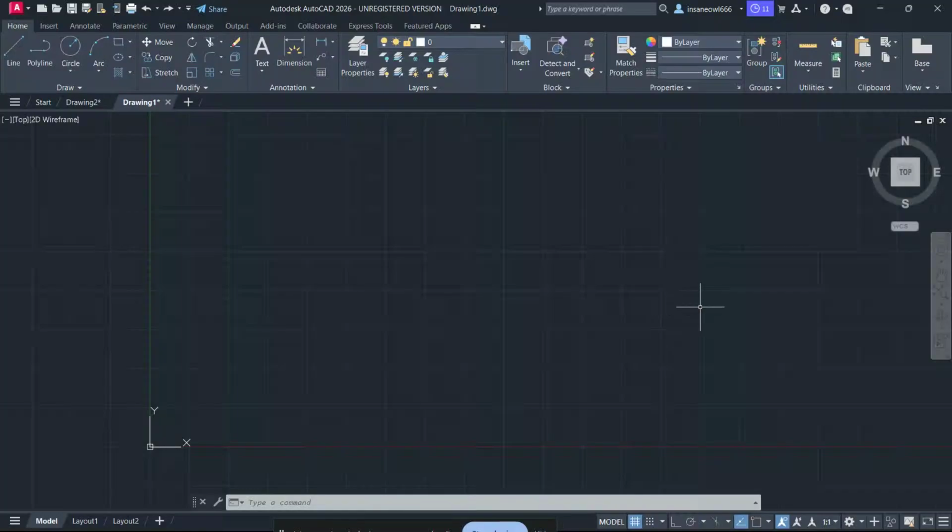In today's video, I'm going to show you how to make an arc in AutoCAD using the center, start, and angle method. This is a really simple and accurate way to draw an arc when you already know the center point and the starting direction. And it's a great skill to have whether you're just getting started with AutoCAD or you want a faster workflow